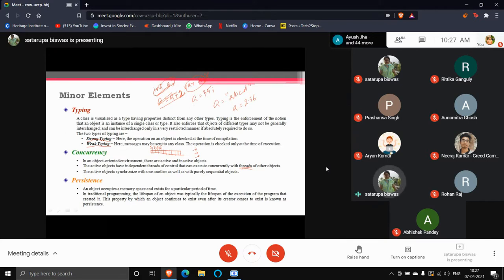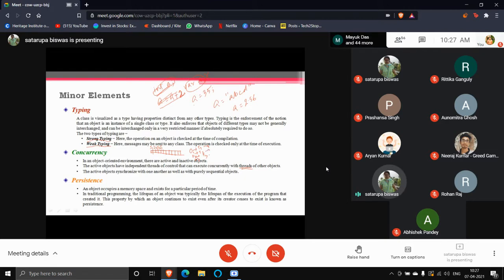So active objects have independent threads of control and they can execute concurrently with threads of other objects. Okay. So if you have three threads, T1, T2 and T3, and three objects to execute parallelly, O1, O2, O3, associate these three objects with three threads.